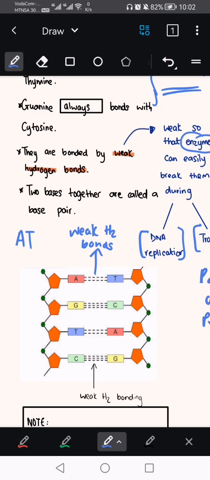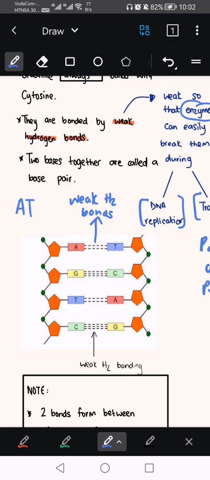They complement each other. G and C complement each other. A and T complement each other. A and G don't complement each other. And T and C don't complement each other. So please note that this is known as a base pair. However, if it is bonding to its proper nitrogenous base, it is called a